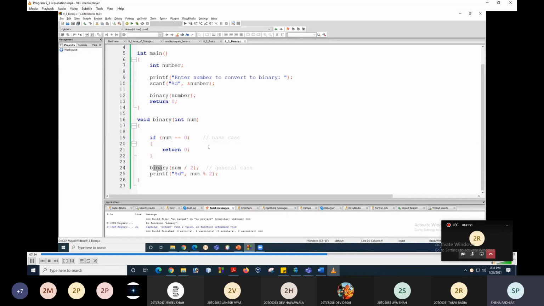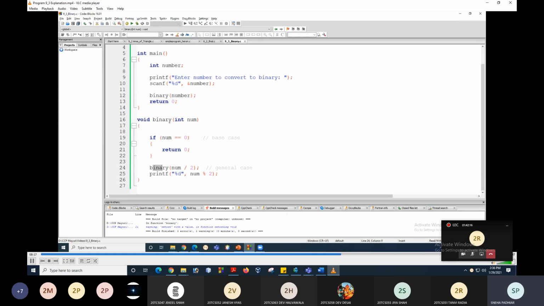So if my function is being called 4 times or 5 times or 10 times, always remember in recursion, however many times the function is executed, that many times the value will be either returned or some printf statement for that particular function will be executed.